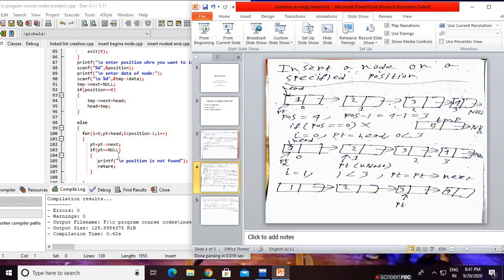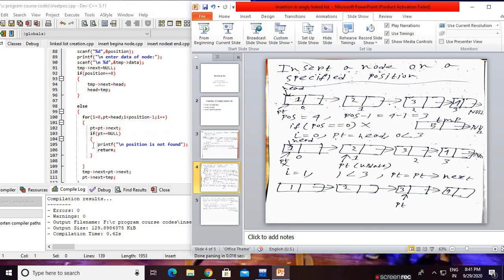Now if pt equals null, obviously there is a node, how can it be null? The condition is false. Escape from the for loop, increment i, i becomes 1. Again 1 less than 3, yes, the condition is true.